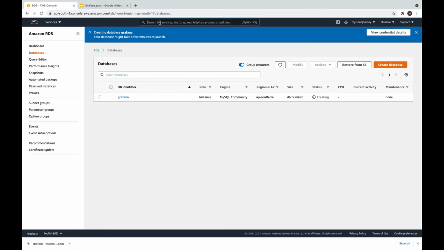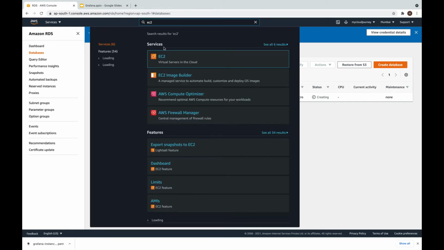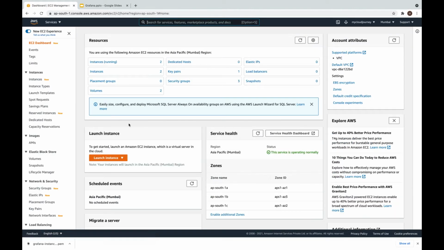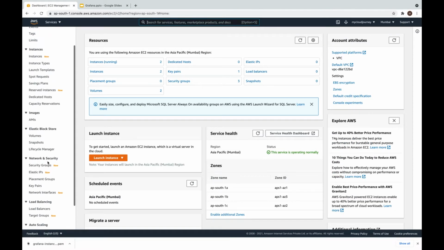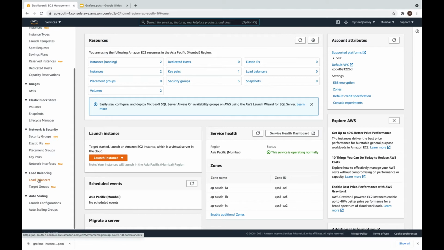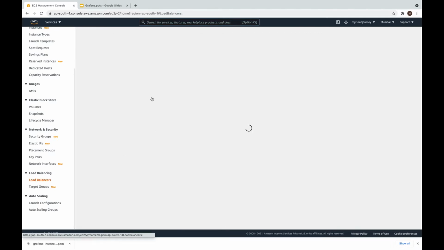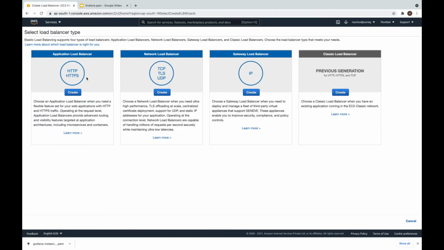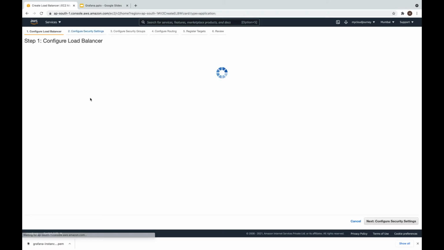So to utilize time, again I will go into EC2 section and will provision AWS load balancer. So click on load balancer, create load balancer. I will go with application load balancer.